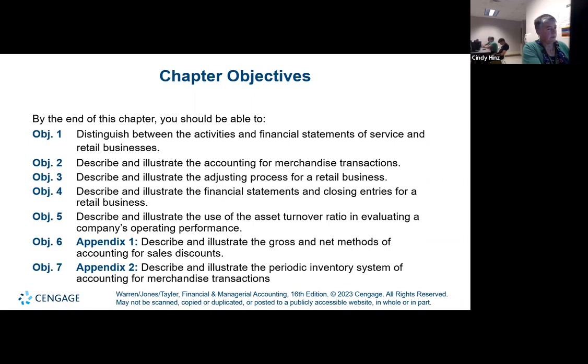it is important that you recognize the difference between what's mentioned in this learning objective of the periodic inventory system compared to the perpetual inventory system. So the perpetual inventory system means that, well, let me ask you, what does it mean if something's perpetual?